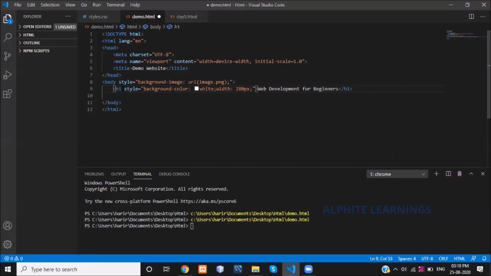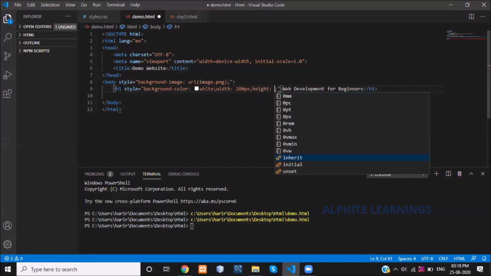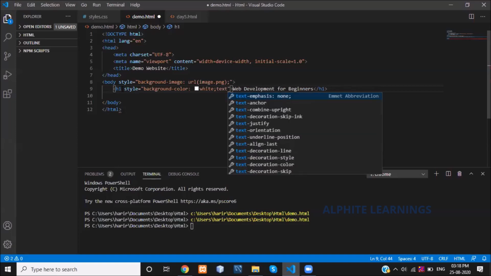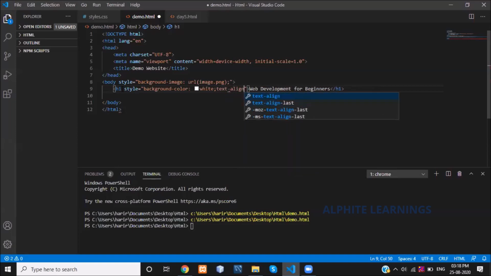Then I'm giving the height, about 200 pixels. Okay, for the heading we need not use this height and width. I'm giving color white, then text align, I'm giving center.